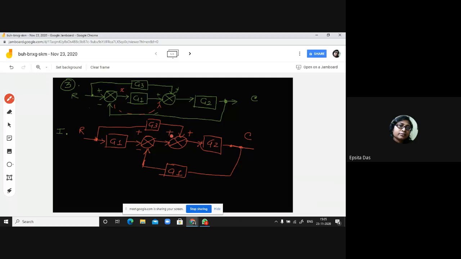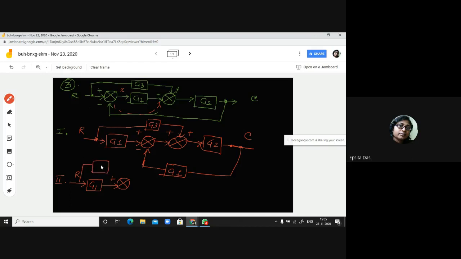সো তার জন্য আমি কি করব? I will just interchange the position of two summers. So what is the second step I am taking? I will interchange the position of the summers. Okay, so তাহলে কেমন হবে ব্যাপারটা? It will be in the step 2, the thing will be like R, and it will be G1, and I will take this summer, the second summer first. There will be, you have to do nothing if you just going to interchange position of the summer. So only what will come here, what was coming, G3 was coming, so G3 will come to this summer.